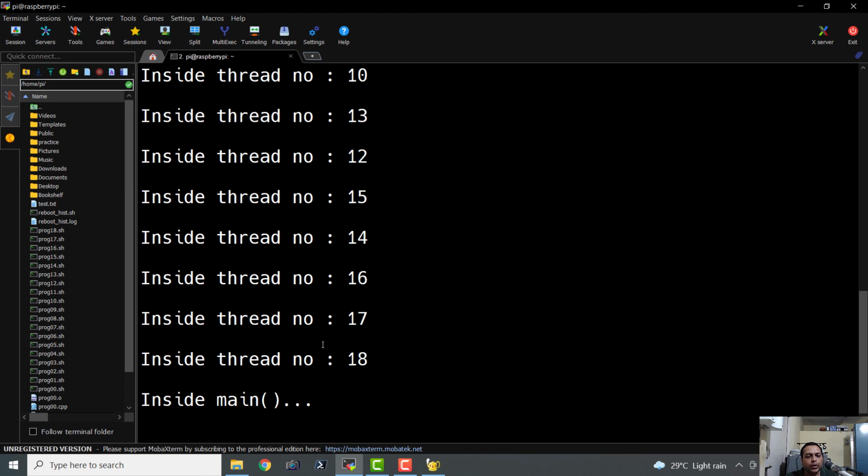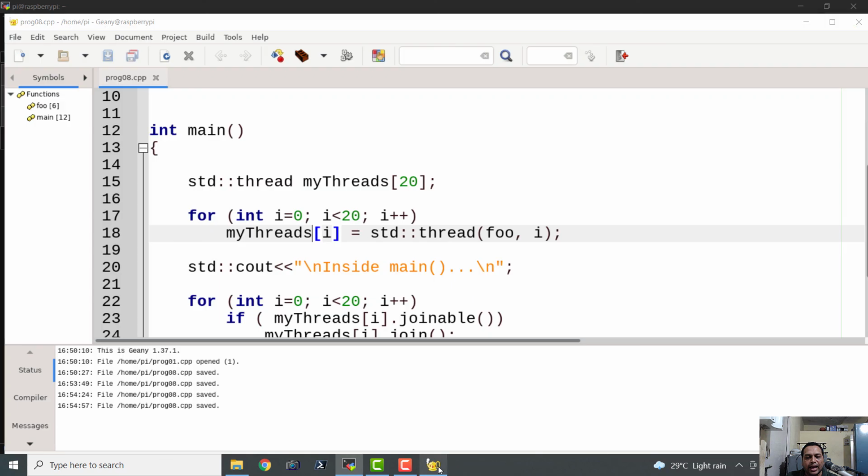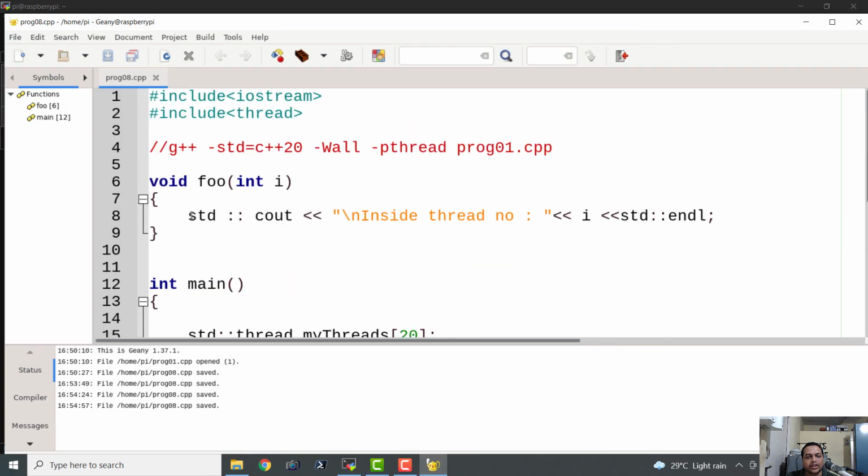Okay, and we can actually see the output is a bit garbled because std::cout is also a resource and threads are accessing it in an uncontrollable manner. So our next example is going to be writing a mutual exclusion lock so that it is going to access it in a controlled manner.